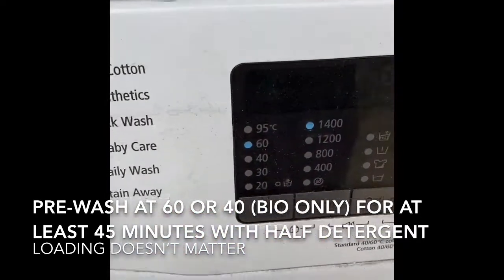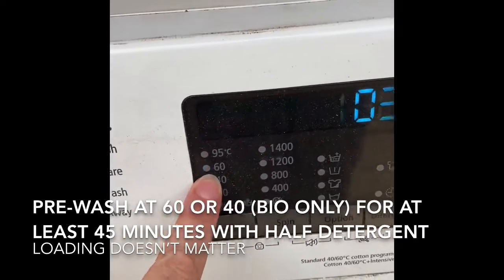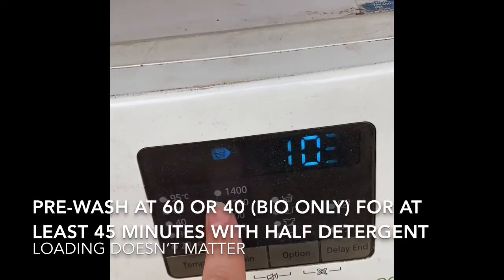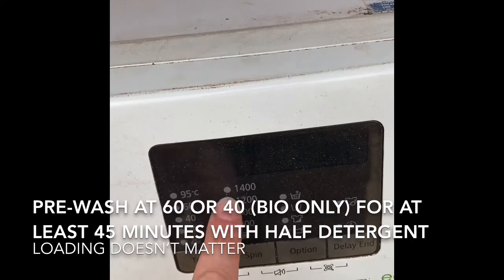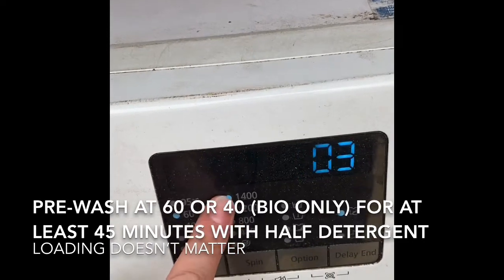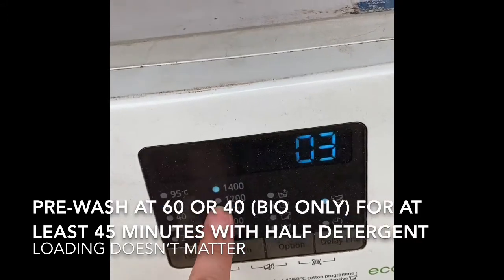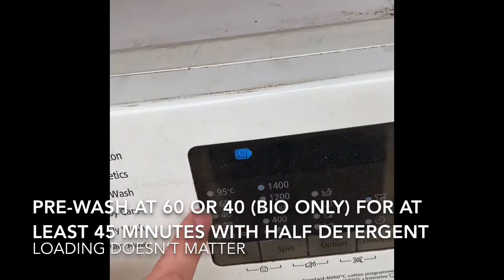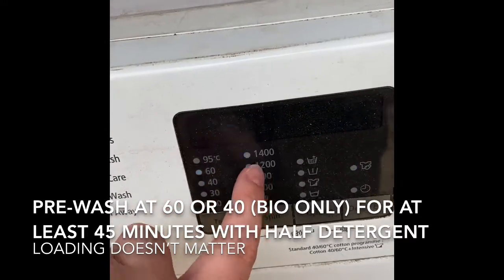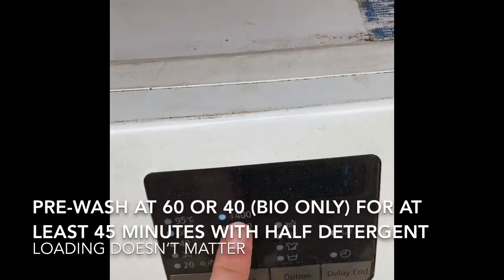shut the door, and then what I like to use is a 60-degree wash there, full spin. The spin is only for the very end of the cycle, when they're drying the nappies, so rinsing the water out. I want to get as much wee water out of my nappies as possible, so I like to use a higher spin. Most manufacturers recommend 800, 1200 as the maximum spin. They also might recommend 40 degrees as the maximum temperature, so if you care about the warranty on your nappies, please do check that. But I like to pre-wash my nappies at 60 because of the night nappy, full spin,